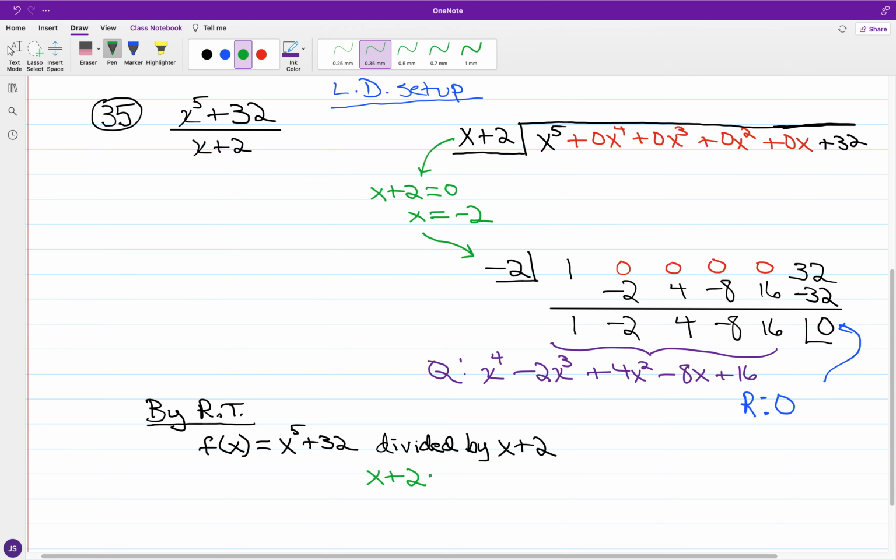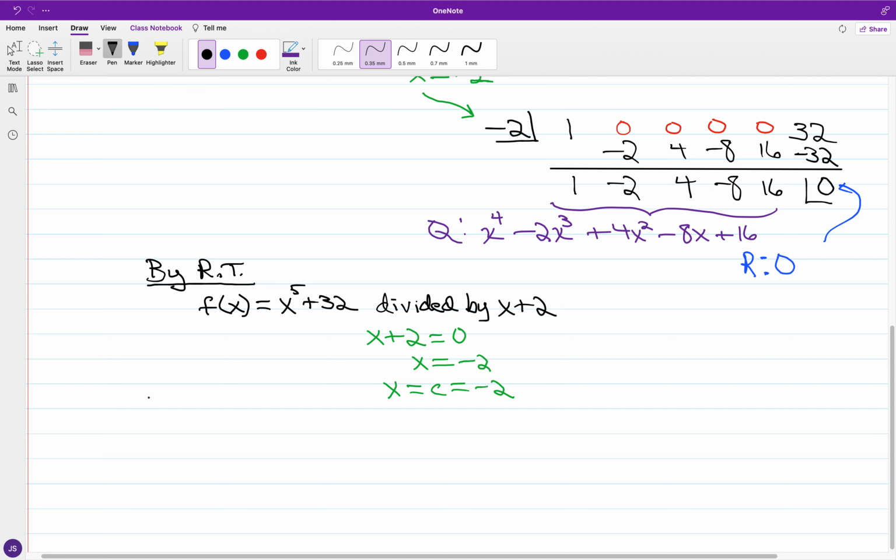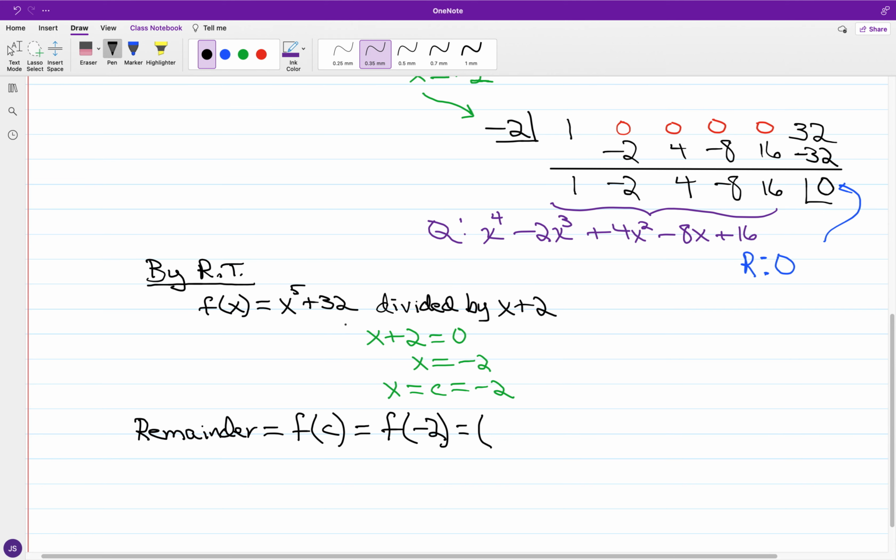Again, for the remainder theorem, I'm going to be using the 0 of the divisor, x plus 2, just like in the case of synthetic division. And so for the 0, again, we have negative 2. Again, the remainder is f of c. And so this will be f of negative 2. And just plugging in negative 2 for x